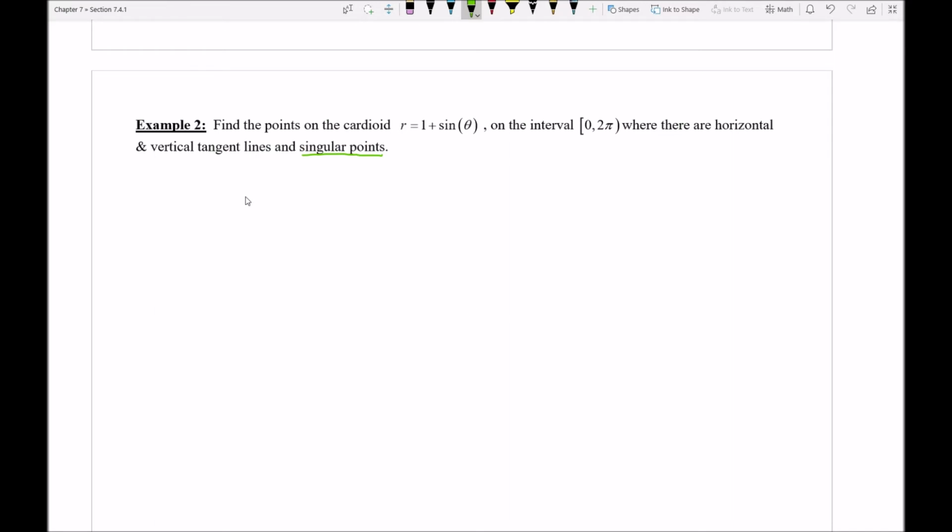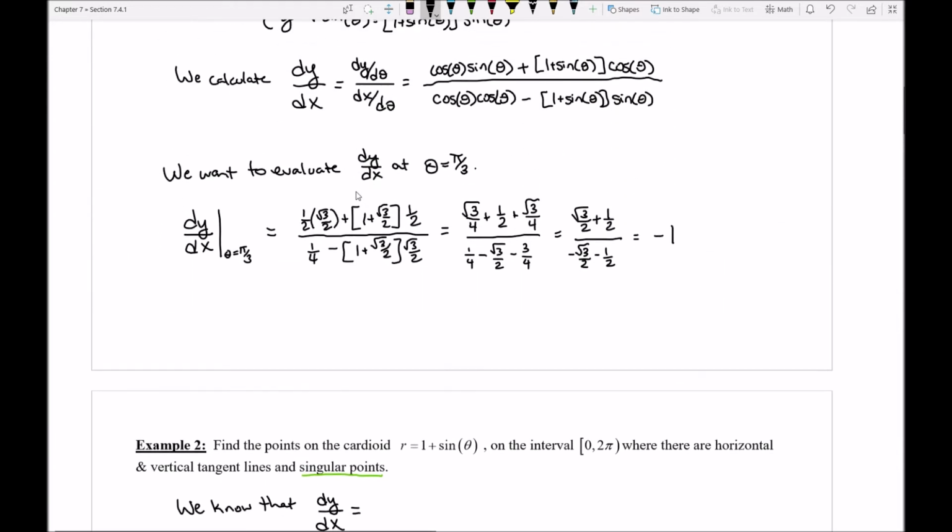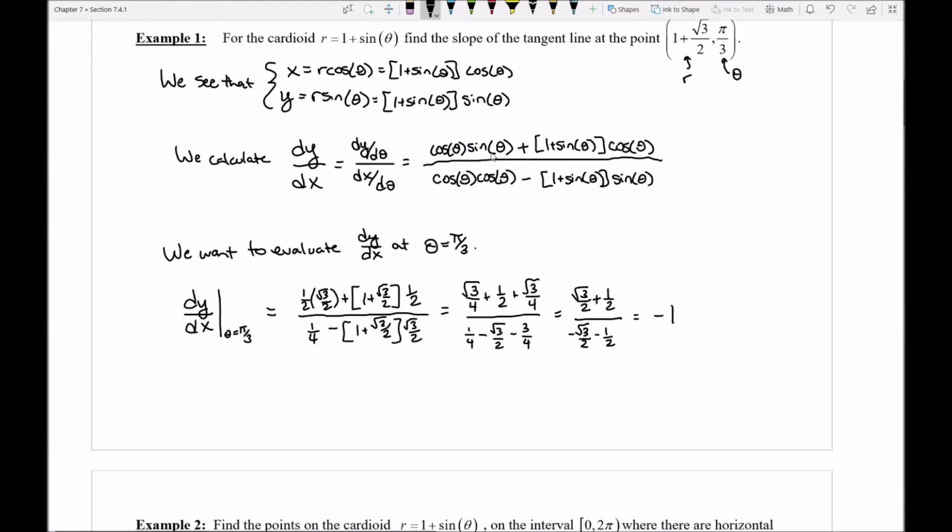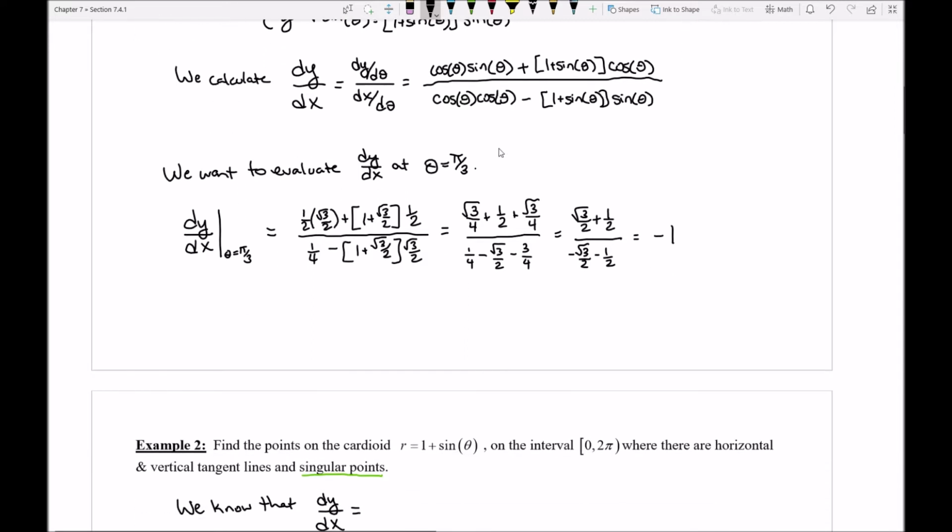Now if I go back and take a look at my function here, I'll notice that since it's the same as what we used in the last video, I can go ahead and just take all the information that we calculated in the last problem and import it here. So I'll say we know that dy dx is equal to, and I'm just going to go back and grab this from what I had in the previous question. Again, it's the same function. So I'm going to go ahead and start to write this down. It's the cosine of theta times the sine of theta, and then plus a 1 plus sine theta